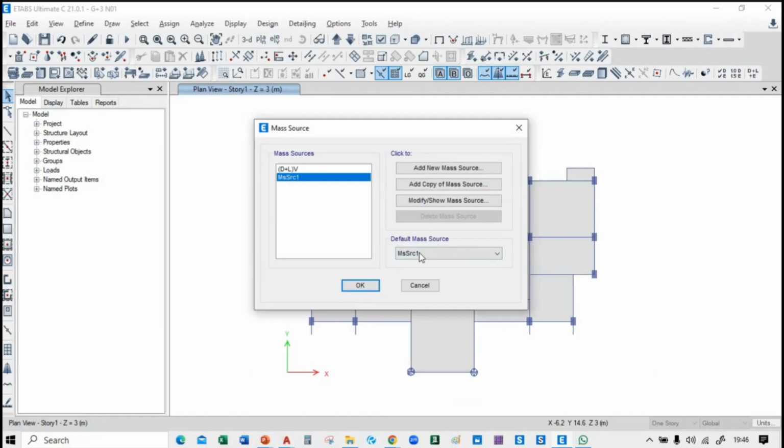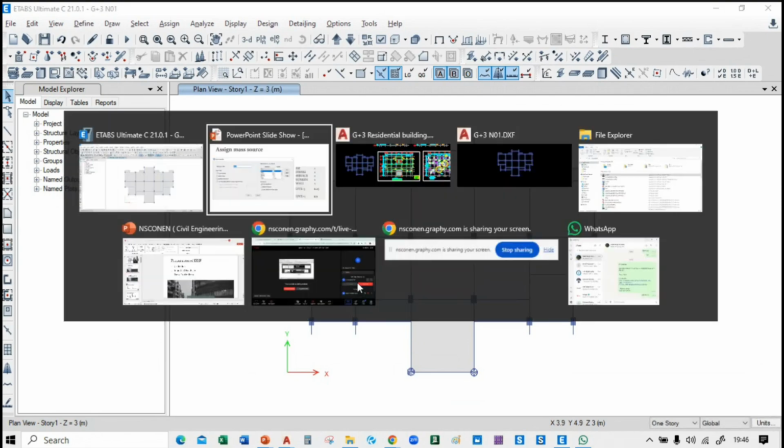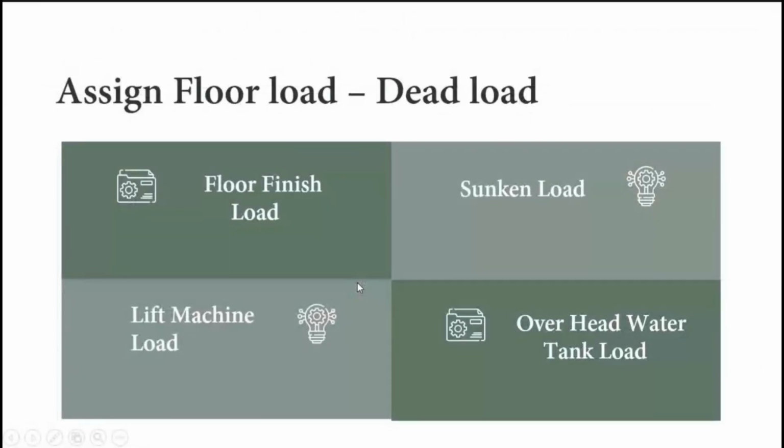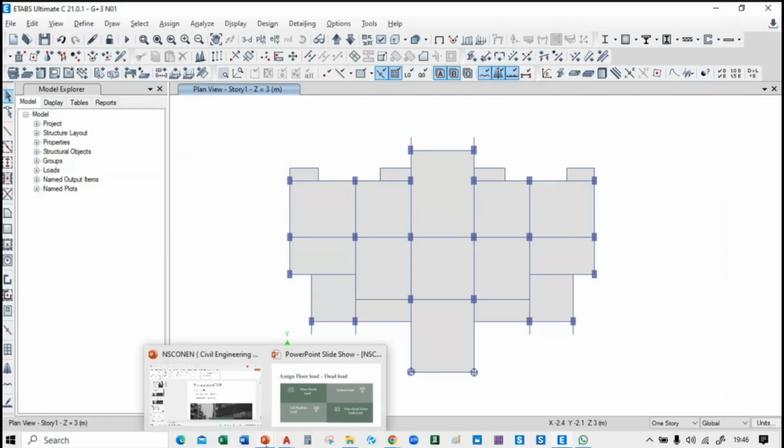Okay, here we will take this and we will delete this one. So in the default mass source section it should be dead load plus live load and vertical. Please make sure it is done here. And now we will assign the floor load, and for the floor dead load what we will do,